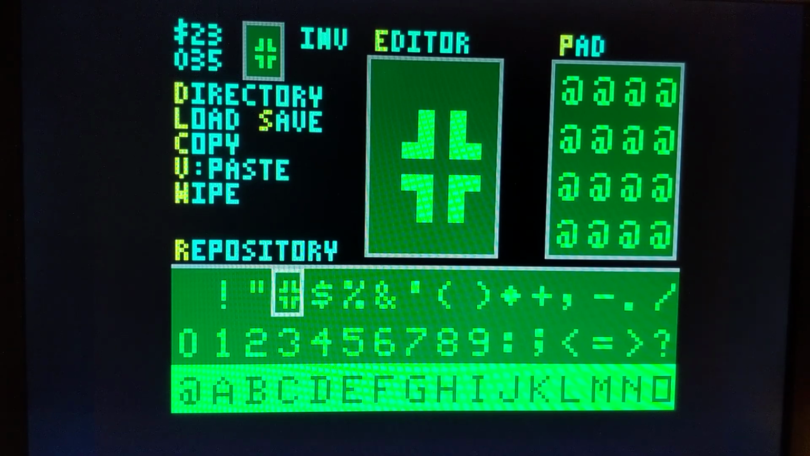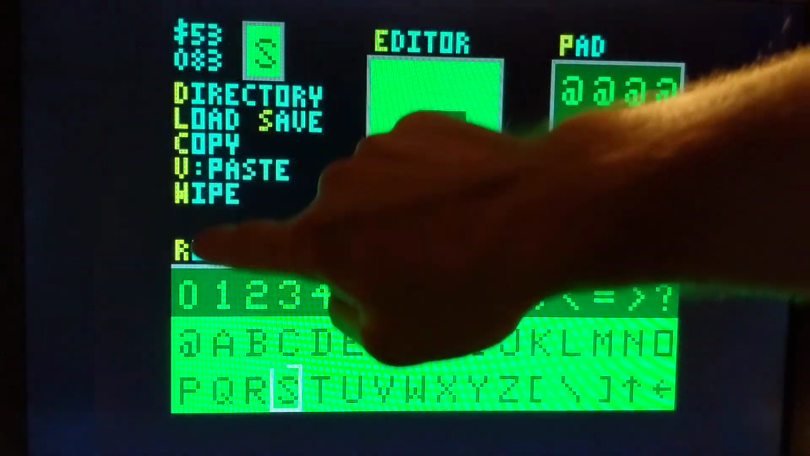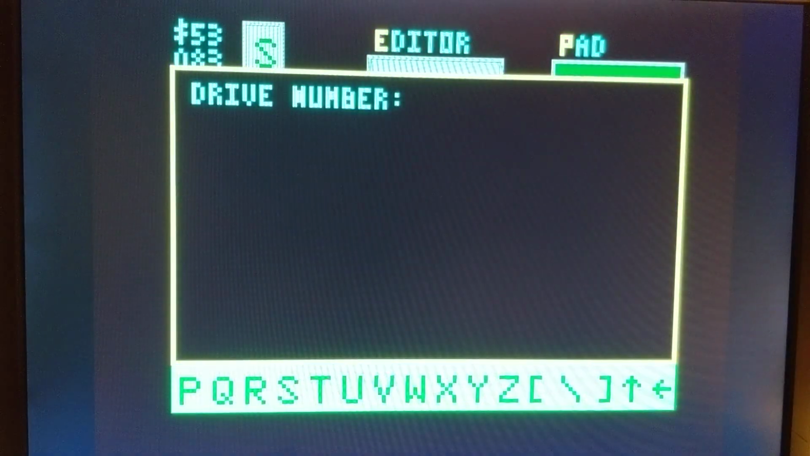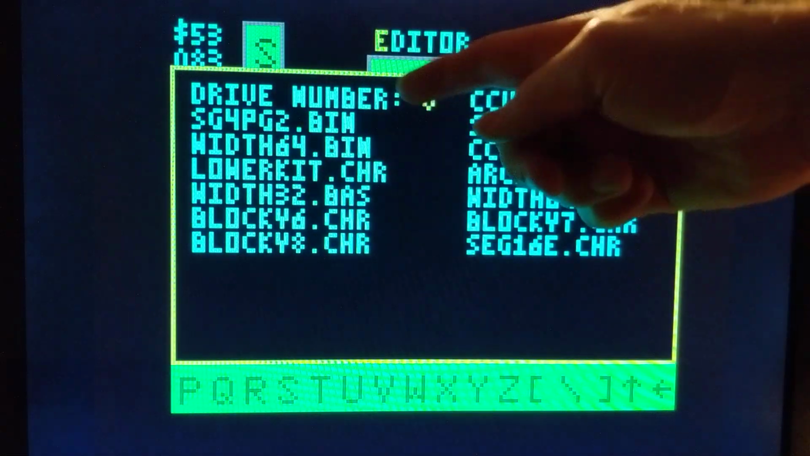So anyway, given all that, let's start with the repository. In the repository, we can do operations that are related to the entire character set itself. These highlighted in yellow characters are the commands. In this case, if we wanted to do a directory listing, we could do a directory listing of drive 0 or 1. And in here we see a bunch of binary files, but there are